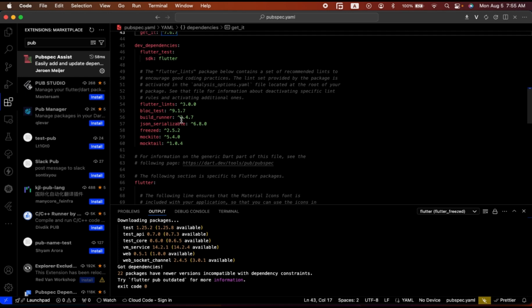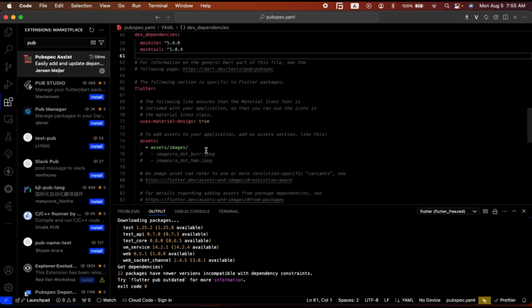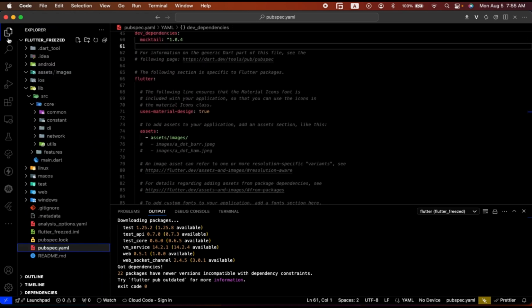Okay, and for dev dependency we need block test, tutatumia baadaye for testing. We need build learner for code generation. So we'll use this to build container JSON serializable. We need the freezed, we need Mockito and Mocktail. Okay, so just add this dependency. And lastly